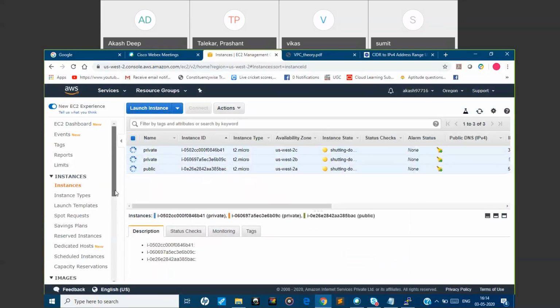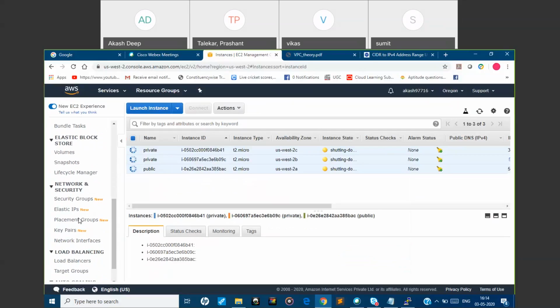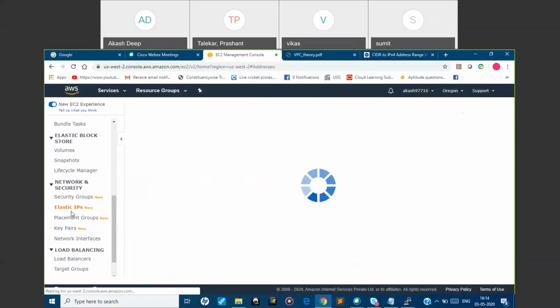As soon as I have terminated it, the next step is going to Elastic IP and deleting that, right?